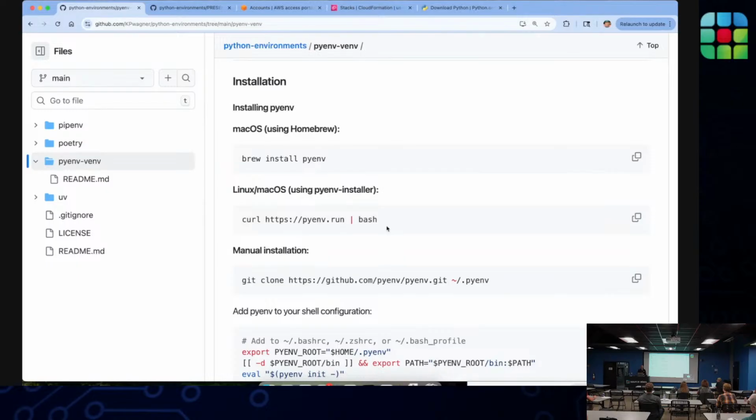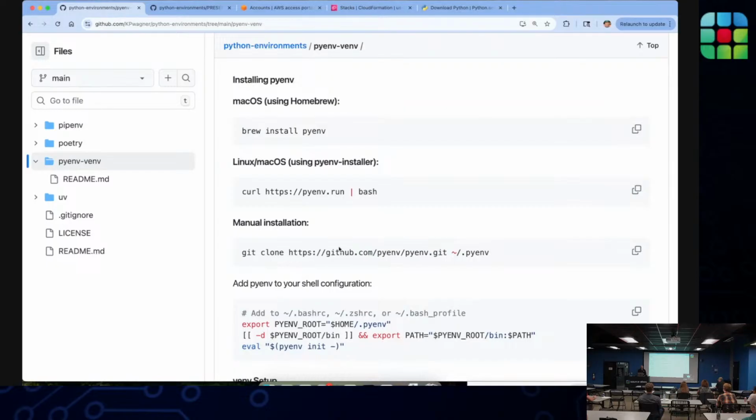It will probably work. You can also clone pyenv from the repository and then just have the entry point for pyenv available, meaning when you run pyenv commands, it's just pointing to that file on the system.